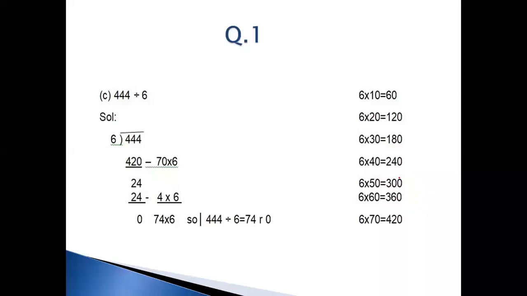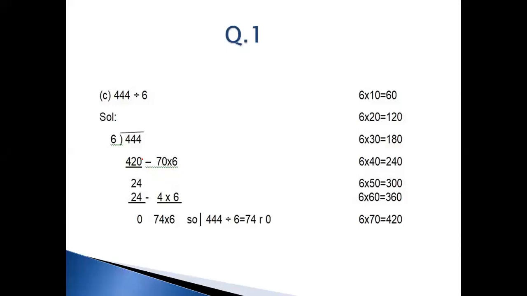Still I have to work more because I am going to get the number closer to the 444. Here you can see 6 multiplied by 50 is 300, 6 multiplied by 60 is 360. And finally, 6 multiplied by 7 will be 42, and 0 with that number. So 6 multiplied by 70 is 420, which is closer to the number 444. So I am going to write my number here, 420, and the working process in front of the given step, 6 multiplied by 70, which is equal to 420.